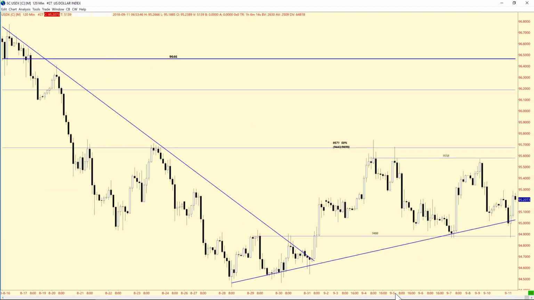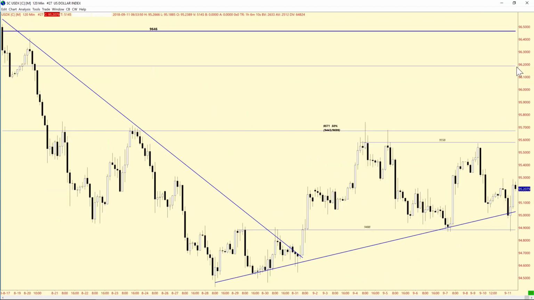You've got to be careful. I think we could gun those stops. We may go up here and then run out of gas, and we'll see what happens after that. We've got the ECB. As far as resistance here, we talked about the 32. We'll look for support at 94.99. We're just trading in a very tight range.